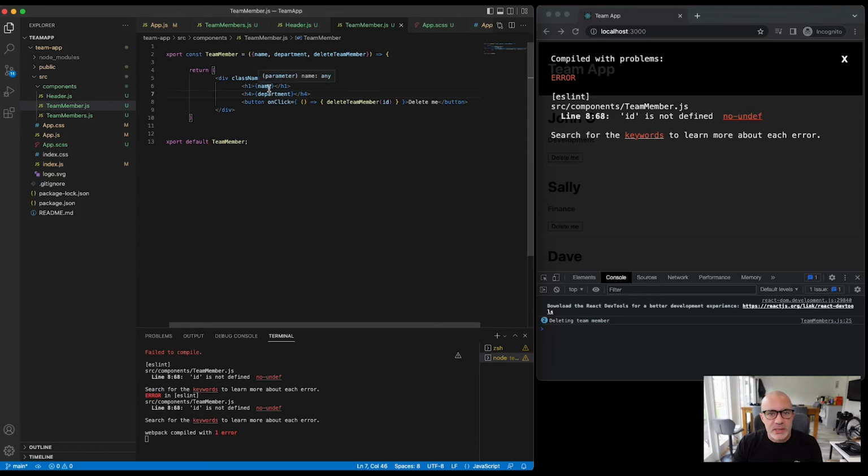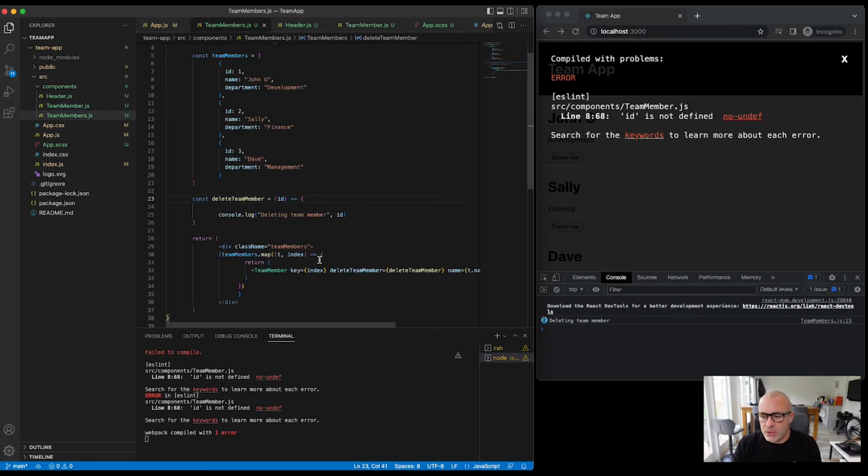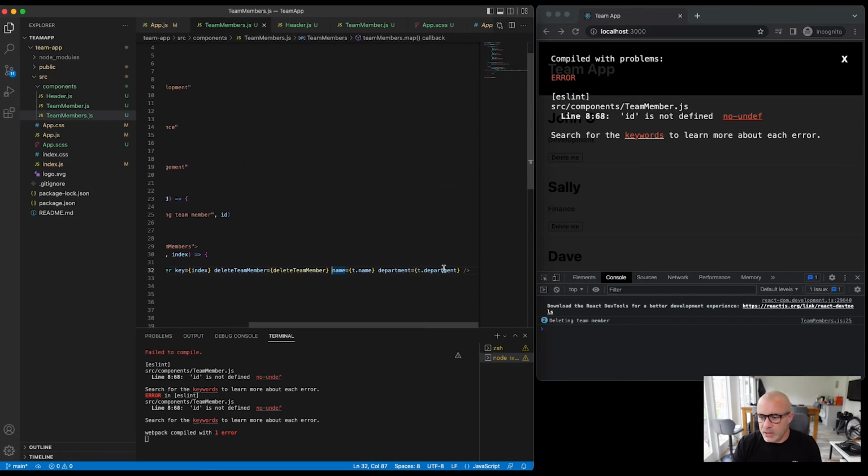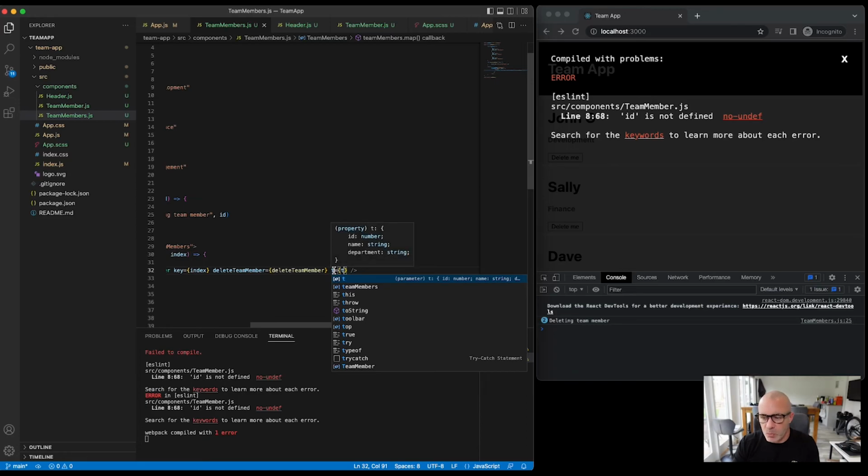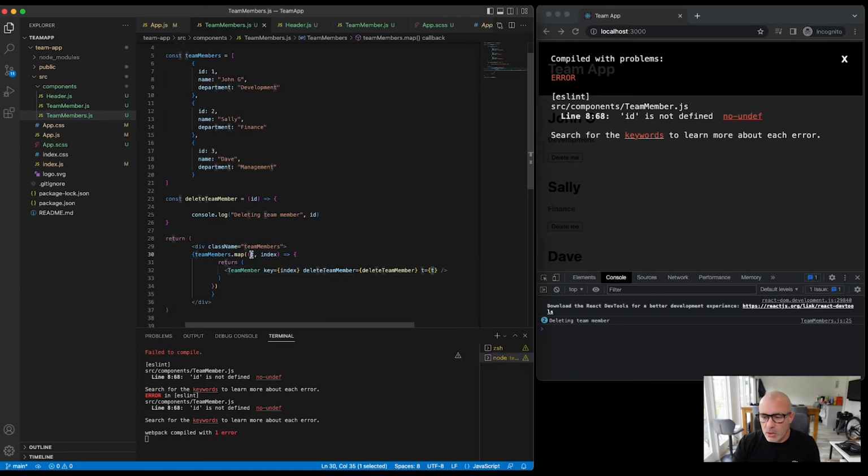It could well be that this team member is going to receive lots of information to output: the name, the department, their start date, their salary, their job description. There could be tons of props. So instead of passing through each prop independently, we'll head back over to our team members and instead of name and department, we'll say T for team member equals T. And again, we could call this team member, team, or person, but we'll say T equals, and then we're going to pass through the whole item from this array